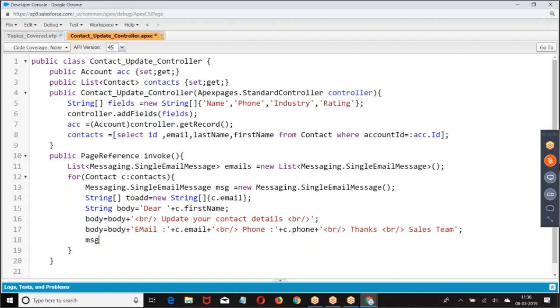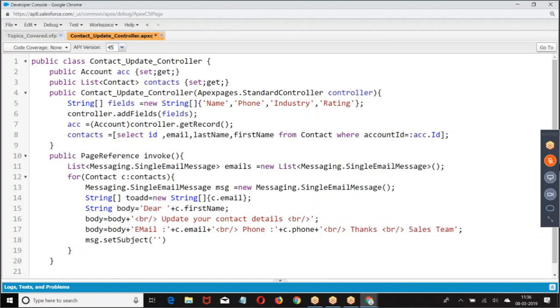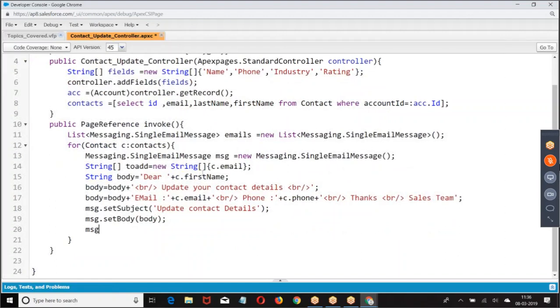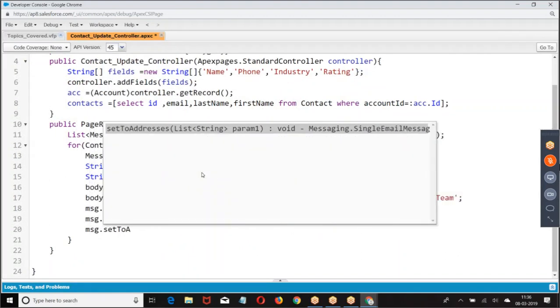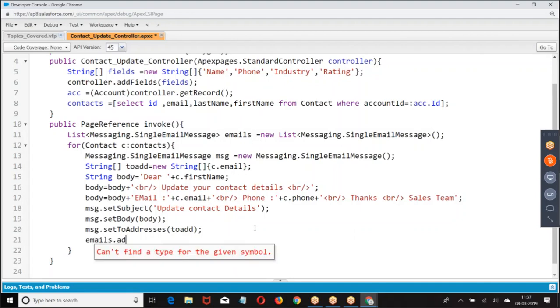Now setting the mail, message dot set subject, update contact. Set body, subject, body, message dot set to addresses. Then we are giving emails dot add.